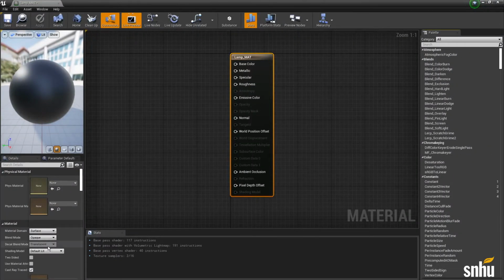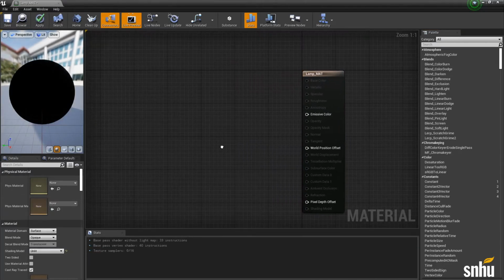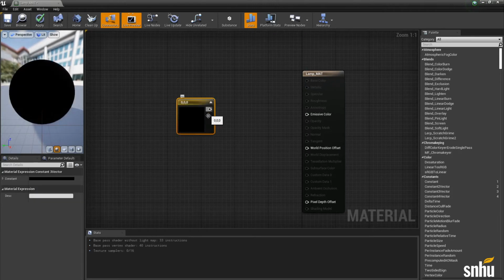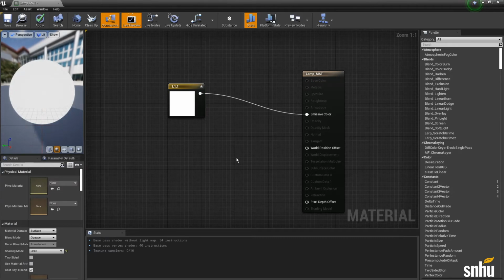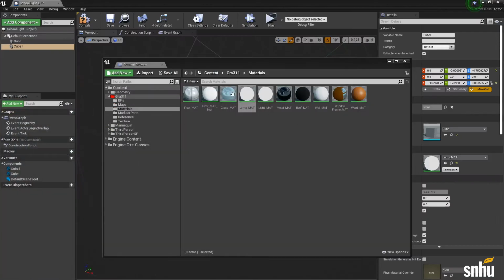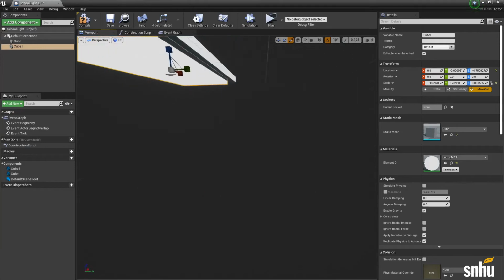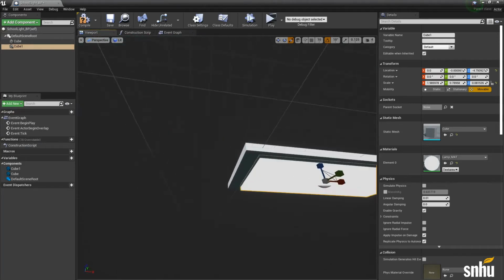So now let's select this and we'll go down to shading model and we'll choose unlit. And this will just make it so the emissive color is here. So now I'm going to hold 3 and left click on the graph here to give myself a 3 vector. And then I'm going to go into my emissive color and we're going to change this up to white. So now, as you can see, we have this white material that's not taking any shadows. So if we hop back into our blueprint here, we'll see it's glowing in that sense.